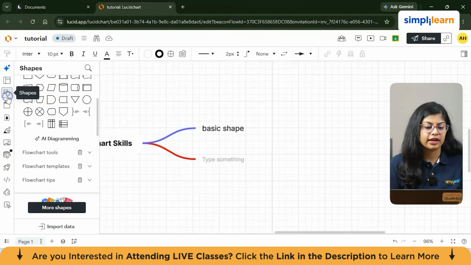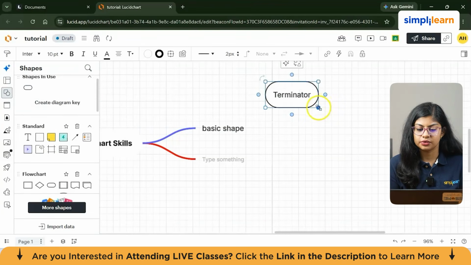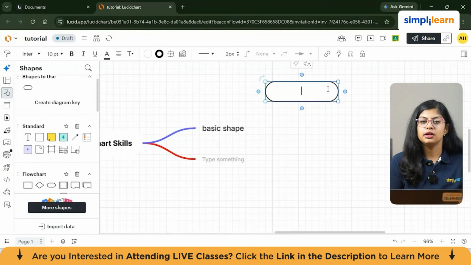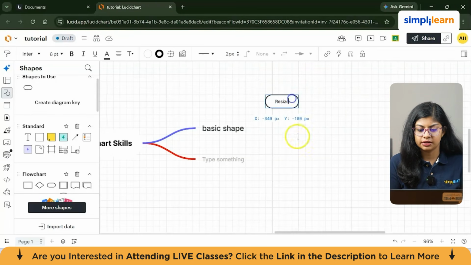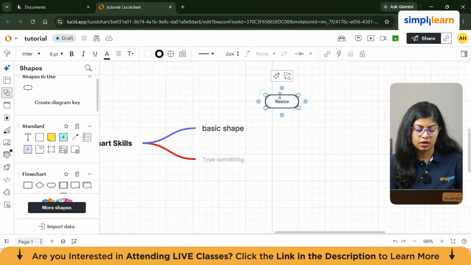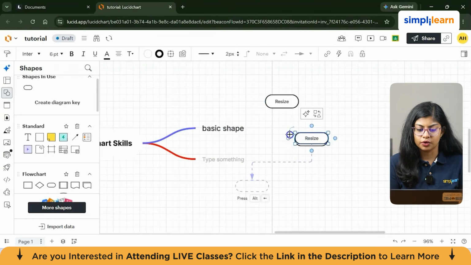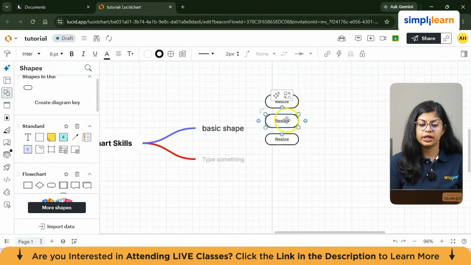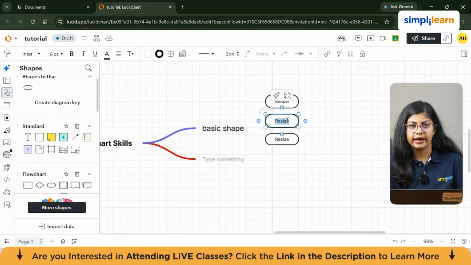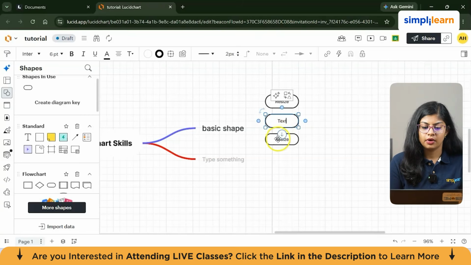So I'll just drag and drop the shapes now. I'll just reduce the size and increase, and the first skill is resize. I'll reduce the font size and then reduce the size and place it. We'll connect this later. Now I want similarly 2 more of them. So as you can see, you can place it exactly in the middle. It's showing the number, how much distance is there. Now we have text and connector.